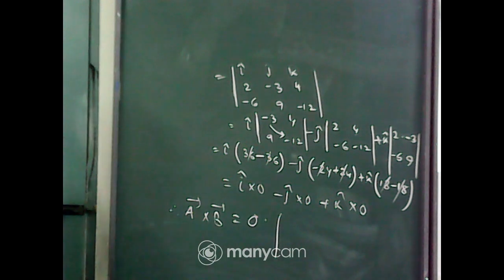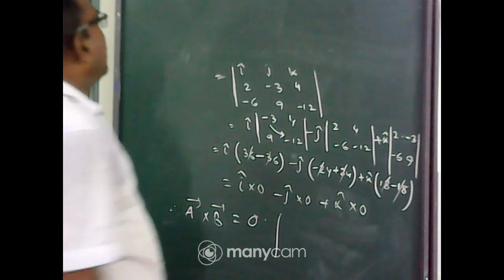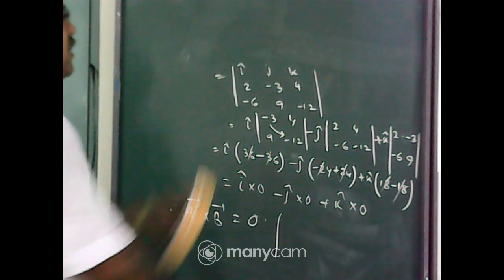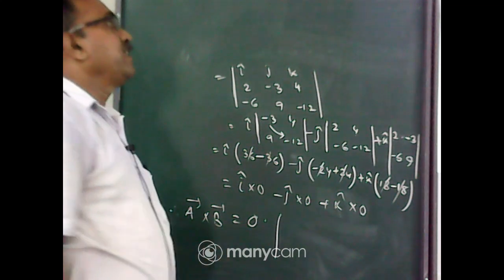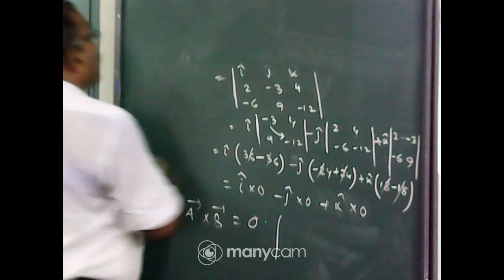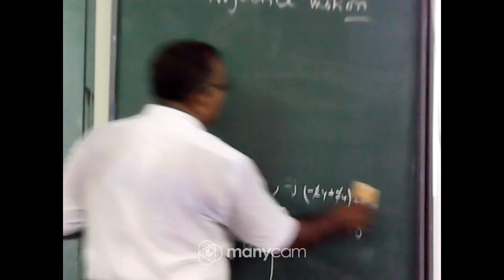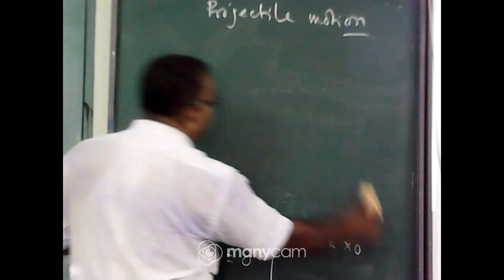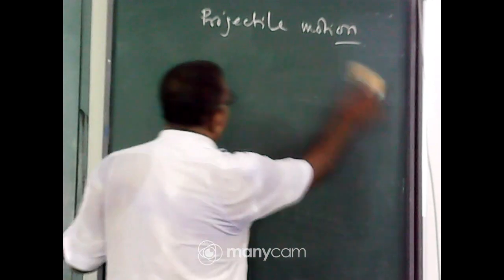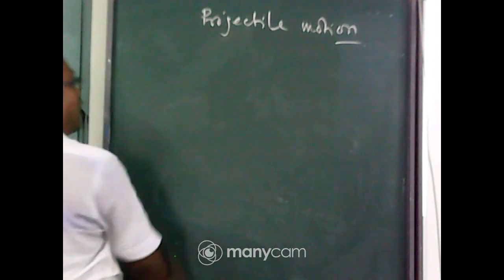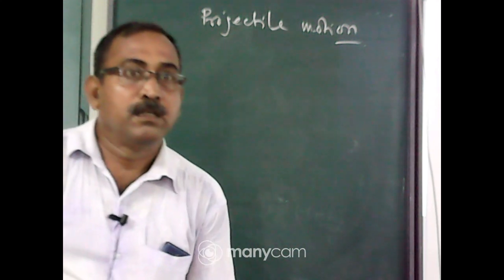Okay, my dear student, you know it. The linear motion, circular motion, rotational motion, simple harmonic motion, curvilinear motion, so many types of motions are there. But here, the projectile motion. Projectile motion, you project an object at a particular angle with the horizontal, and due to the gravity, the motion of this particle is called the projectile motion. Okay, my dear student, clear?